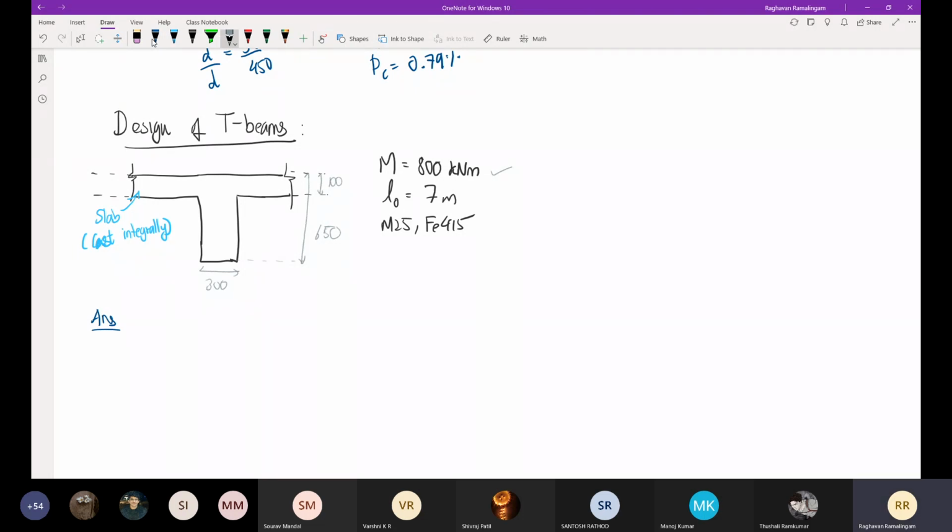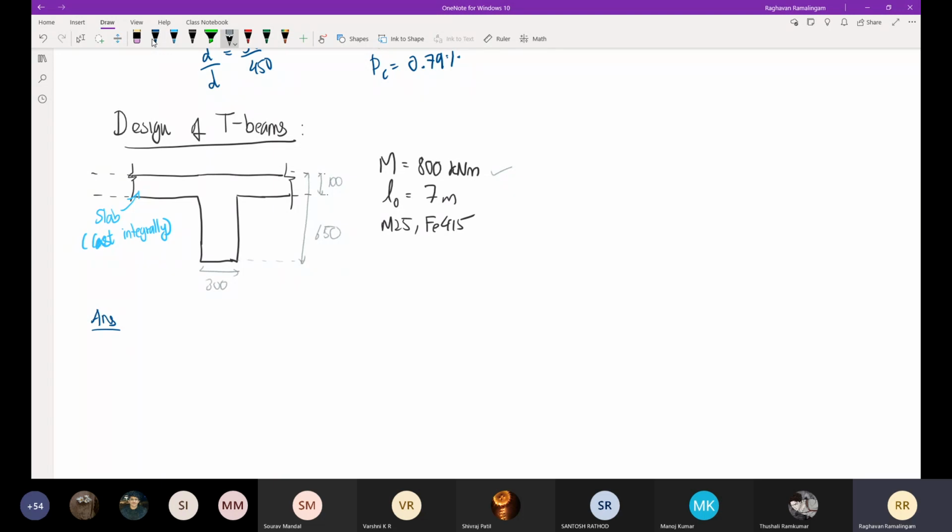Of course, the moment is directly given to us, so no problem. If the moment was not directly given and instead only the load was given, then you'd have to use the overall span, find the effective span, apply the factor, find the factored moment, and then use it. But in this case the moment is directly given, because already for the singly reinforced and doubly reinforced beam problems, I've told you how to find the moment to be designed for, given a load. So I do not want to repeat that step here. I've directly given the moment required to be resisted for this T-beam.